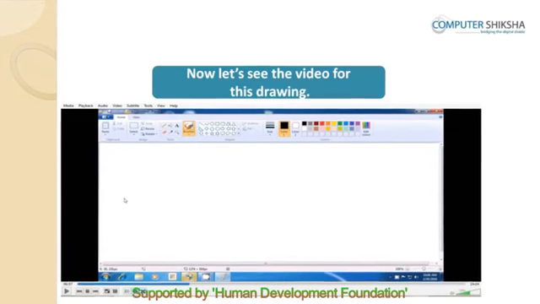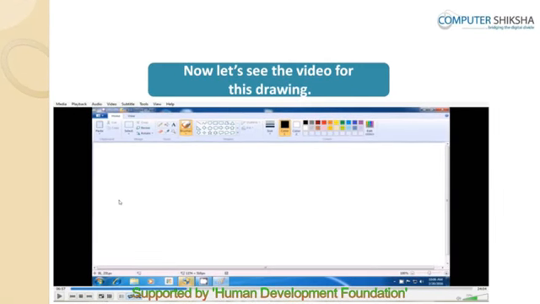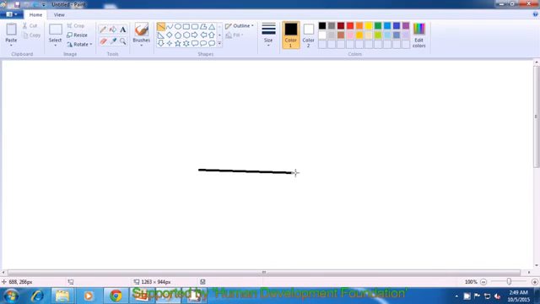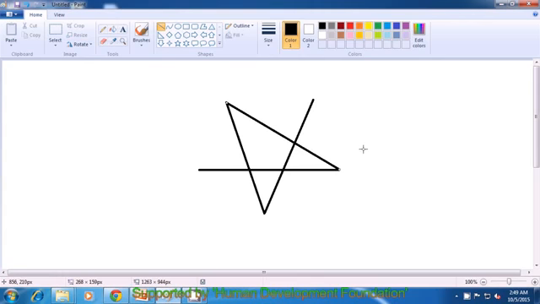So once again, let us watch the video being shown carefully and learn how to make this picture. We will select the line tool, come into the drawing page and draw a line first horizontally, then as is being shown in the video like this. Join the lines, the third line, and draw a line from here to this point, another one from here to here, and this completes the picture of a star. You can erase this drawing also using the select all tool.